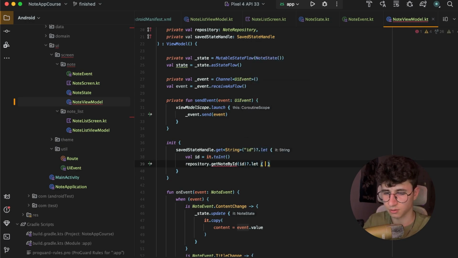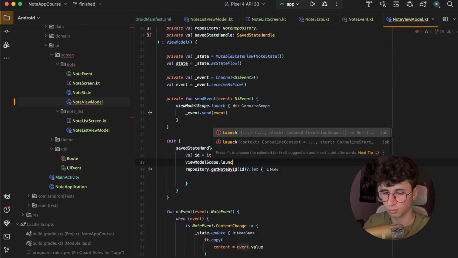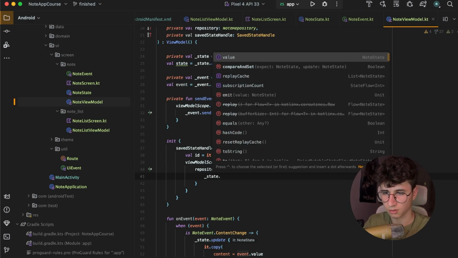Let's also check if it's not null, and we need to open a block, so viewModelScope.launch, and let's say node,